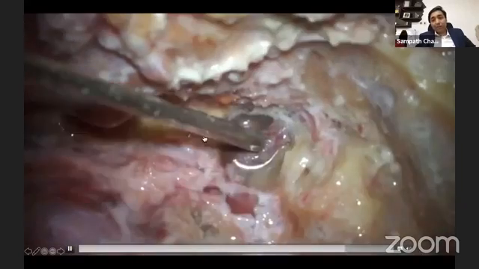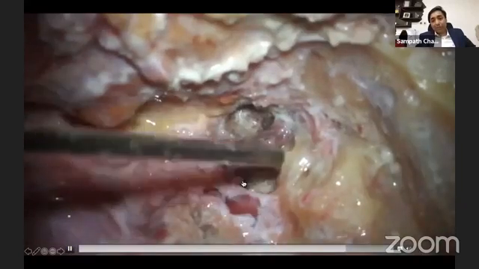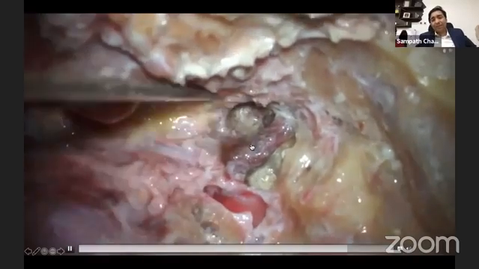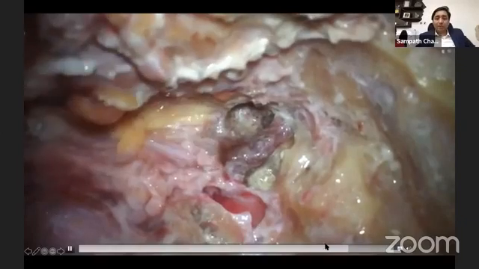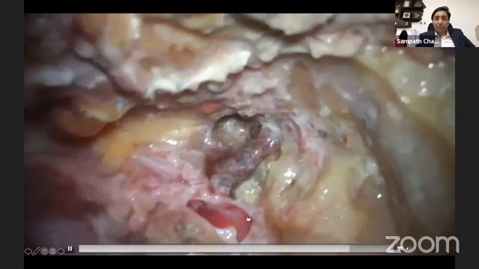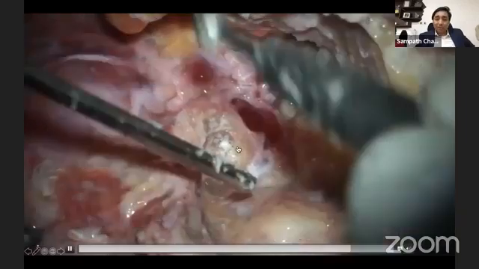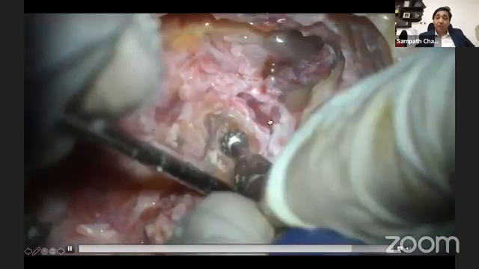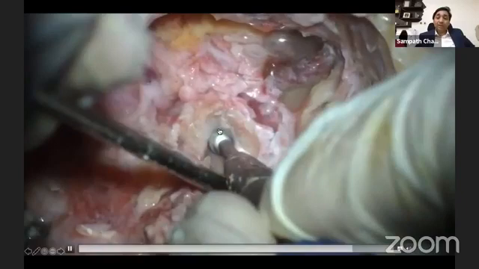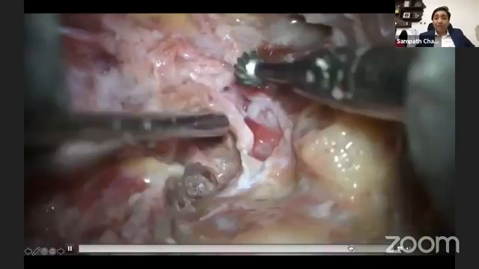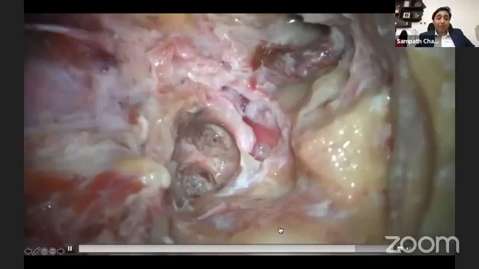Okay, for that you need to use a cutting burr. It's not enough to use a diamond. But the carotid is ready to be transferred if necessary, but generally it's not necessary to always transpose the carotid. So carotid is here, jugular bulb is here. This is now the jugular process, which needs to be drilled posterior to the jugulosigmoid complex. You drill it with a cutting burr because it's a big chunk of bone till you reach the hypoglossal canal.